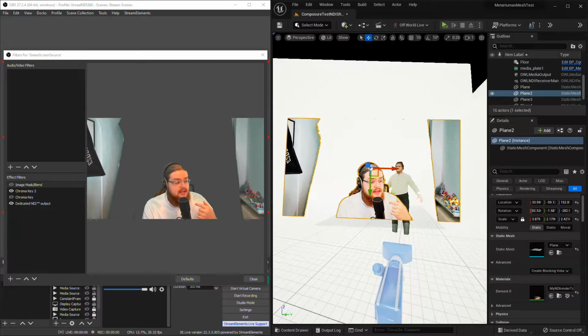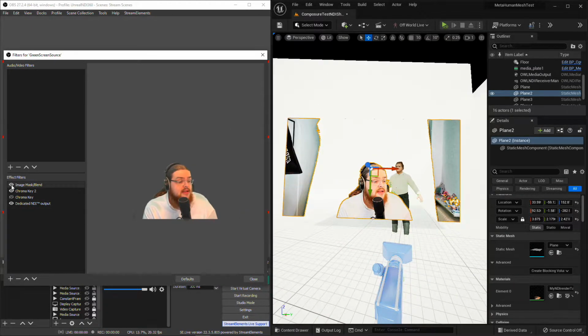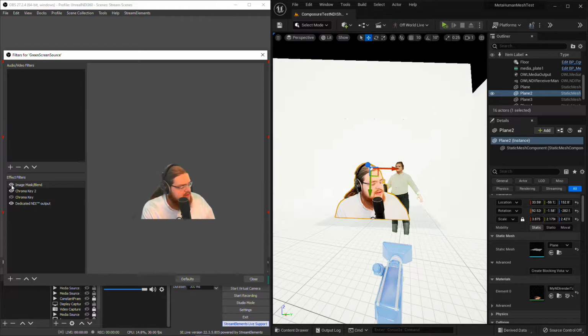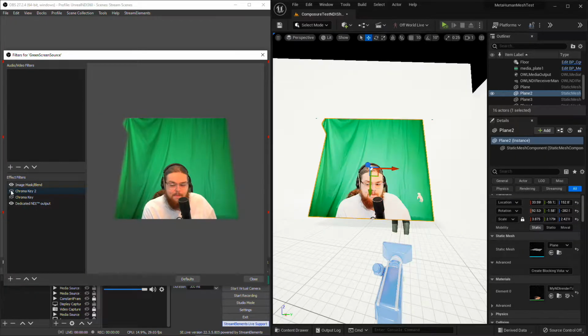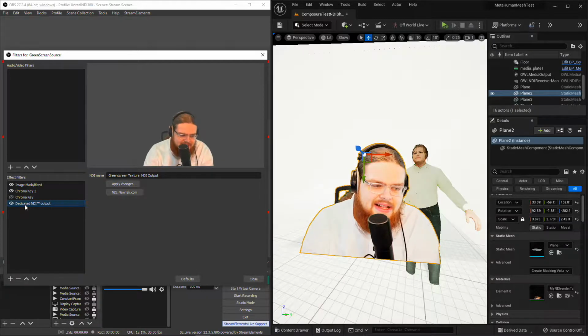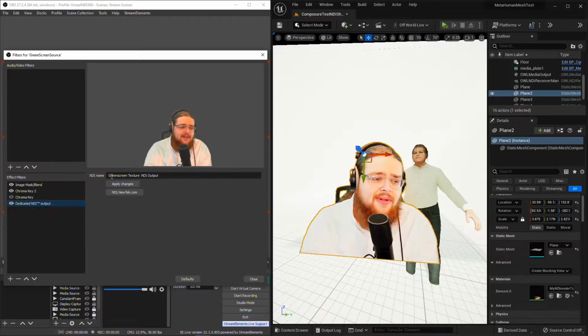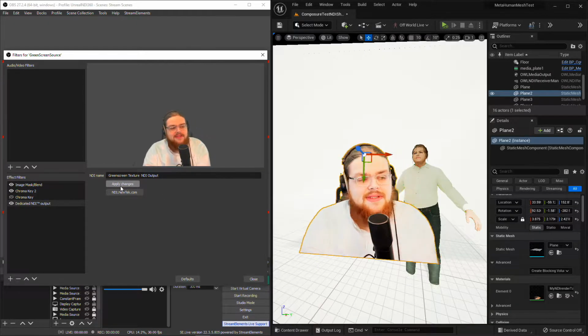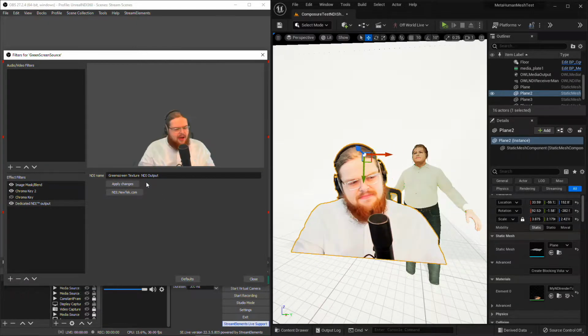And as you can see, when I change something on the left here in OBS, because this is coming over NDI, it's also changing in Unreal Engine. That's how easy it is. Turn the chroma key on or off. Here's probably the most important part, the dedicated NDI output. You just name this whatever you like it to be and then apply the changes and you start streaming NDI